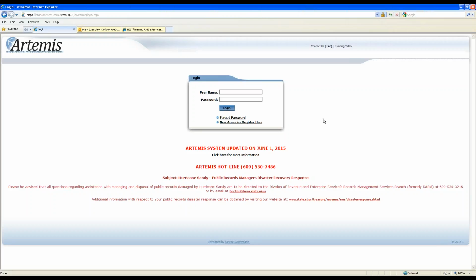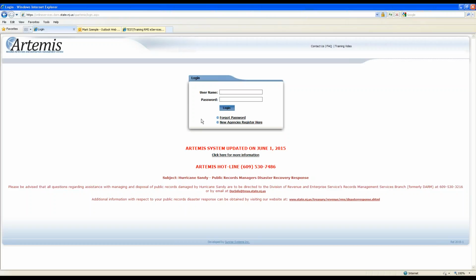Okay, so I'm back to the login page. Before I actually log in with the username and password that I just selected, I just want to point out one thing. Most organizations, when they work with disposition requests, only do this once a year, and then they kind of forget about their records until the following year. What I do recommend is that once you register and pick your username and your password, you write that down and keep it in a safe place so you can go back and reference it at some point in time.